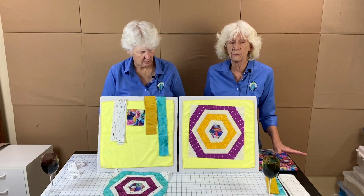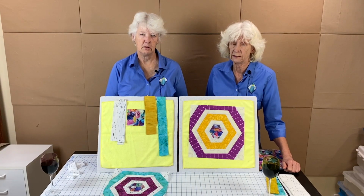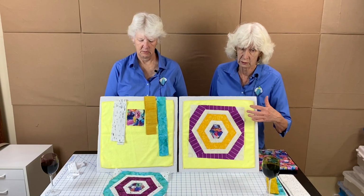And then also from the white, you're going to need 4 pieces that are 3 inches by 6 inches, and those are for the corners. Okay, so